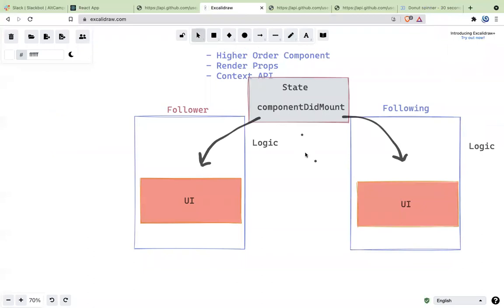Tell me. If you cannot separate them, can you fix them? Everybody understood the problem statement, yes or no? Solution I will give you, but have you understood the problem statement properly? Yes, sir. Okay, so the point is you cannot separate logic and UI.